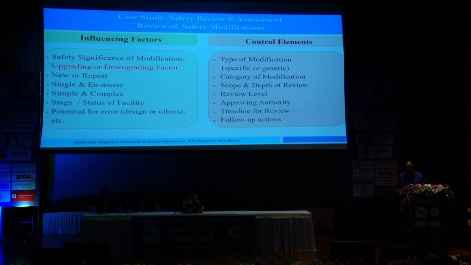I would like to tell you through an example. Suppose following a pressure tube leak, the utility wants to remove the affected pressure tube. This will require cutting of the pressure tube, and it needs to be taken out in a shielding flask. Now, the potential safety implications are radiological risk and dose to the workers, and the design of the shielding flask should be appropriate. When the PT is being cut, whether the tool can cut the CT or not, the moderator may come out, and it may have